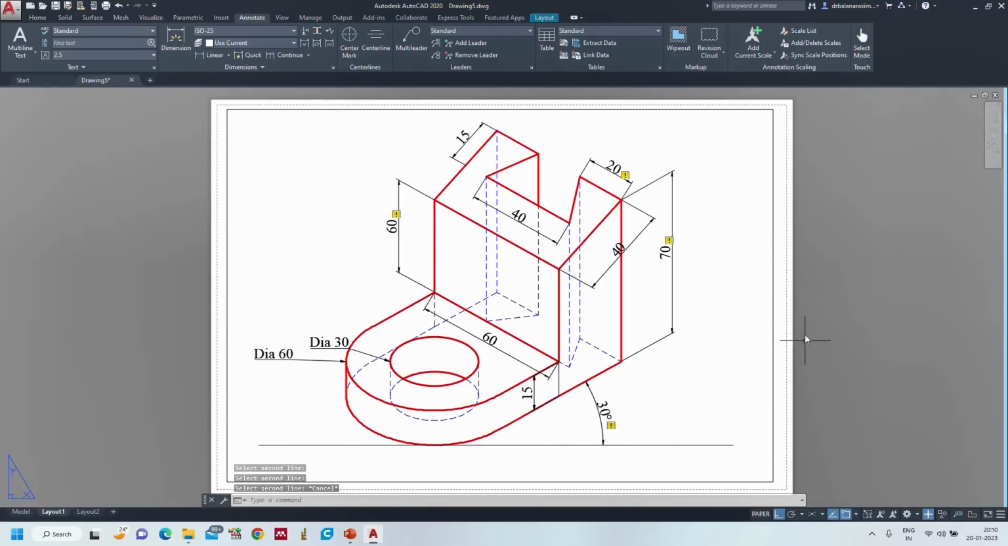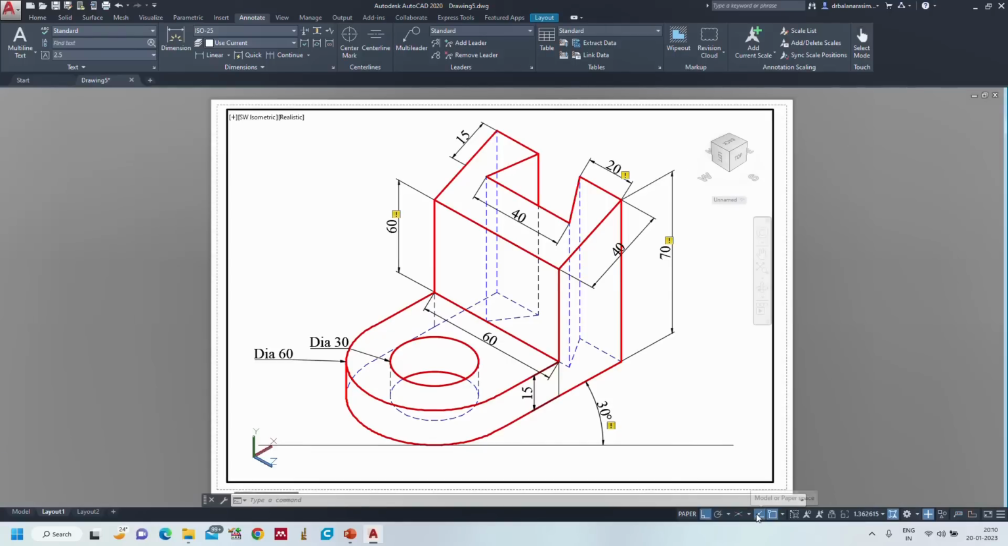So this is the perfect way of representing an ortho to iso solid. Just click on paper to make this one disappear. Perfect. Now we can export this into PDF. Control